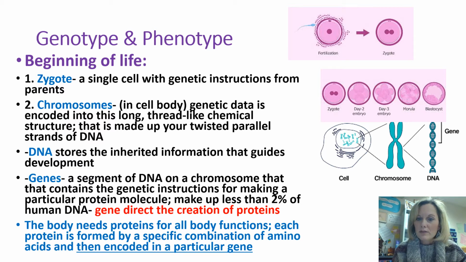When you have that cell division and we start having those cells and cells, each cell is going to have how many chromosomes? So think about that answer. How many chromosomes is a cell going to have? Your answer should be 46. It has 23 pairs. 23 plus 23 is 46. You're going to have one of those chromosomes be from mom and one of those chromosomes be from dad.